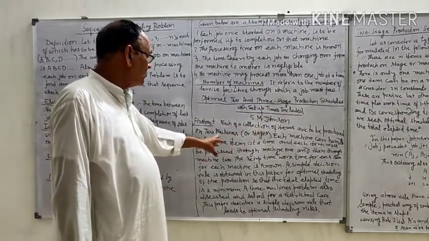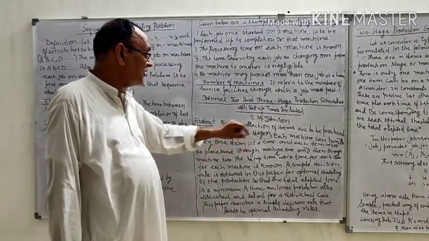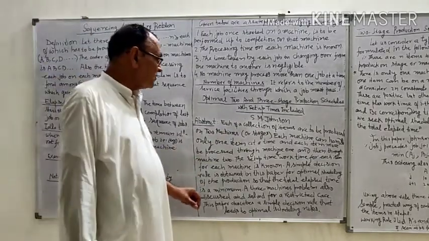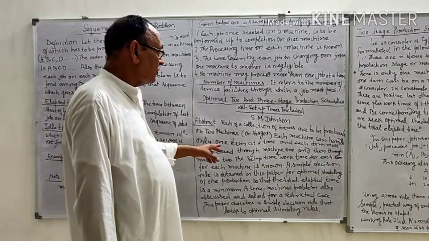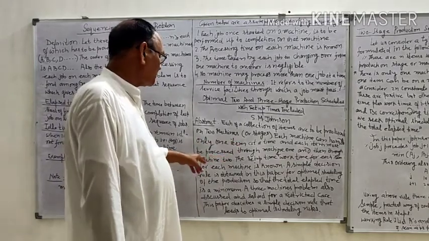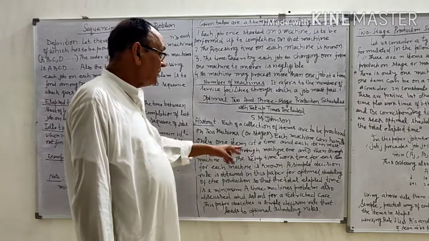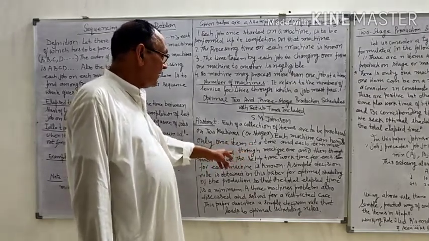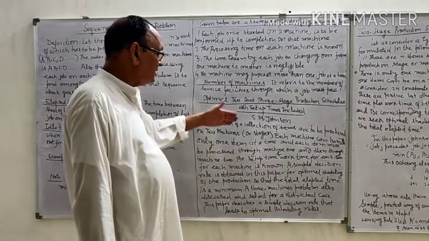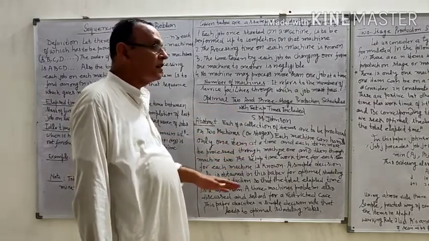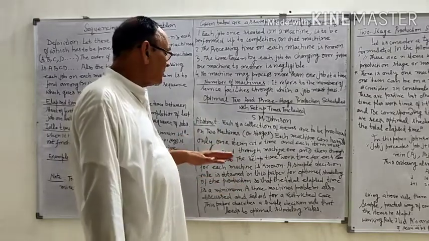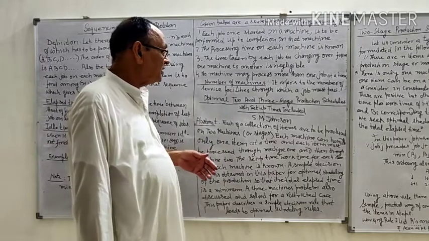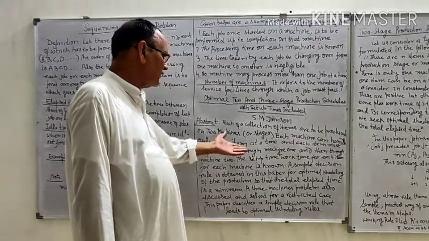So here two machines are stages, each machine can handle only one item at a time, and each item must be processed through machine 1 and then through machine 2. The setup time and work time for each item for each machine is known. Actually, after Johnson, it is only taken as the processing time, and it is understood that processing time includes the setup time and the work time. Johnson also defined it like this.